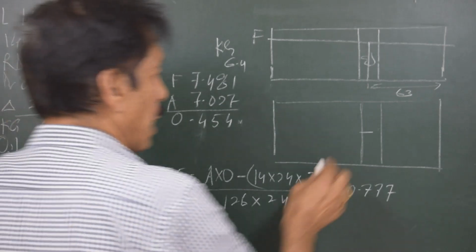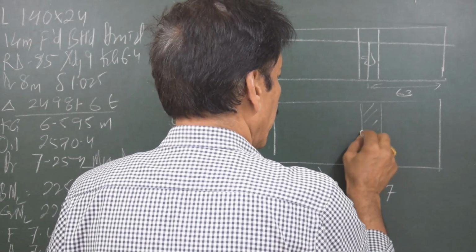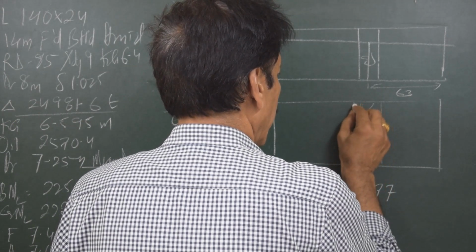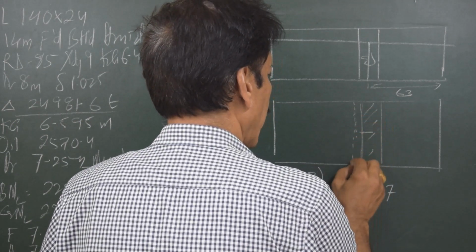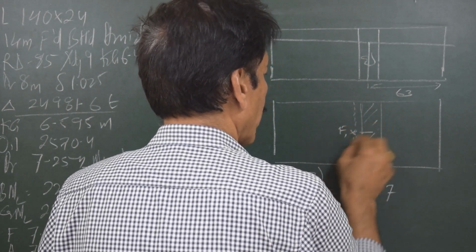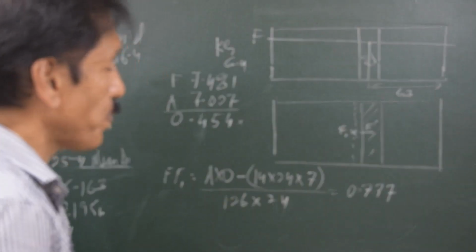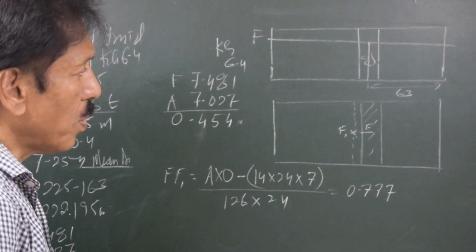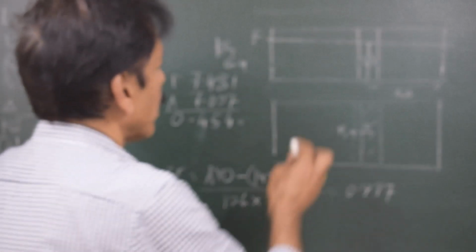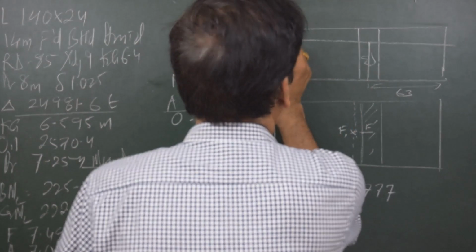So as we know, the damage is over here. Initial center of flotation was here. It is going to shift in the opposite direction to F1. FF1 is equal to 0.777 meters. Now, this means that with this new waterplane area,